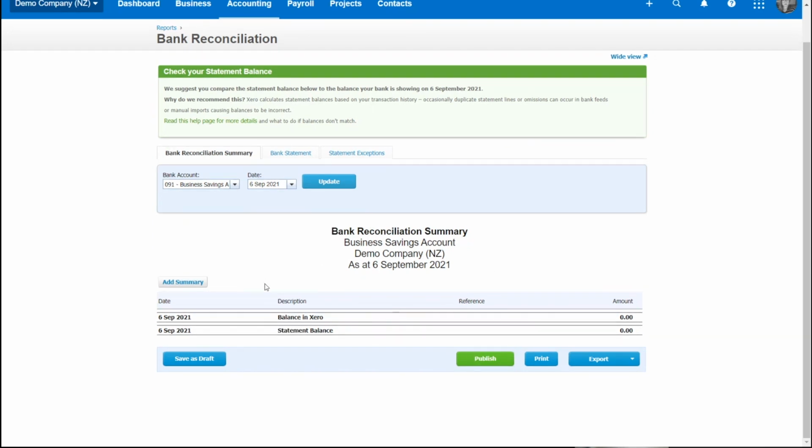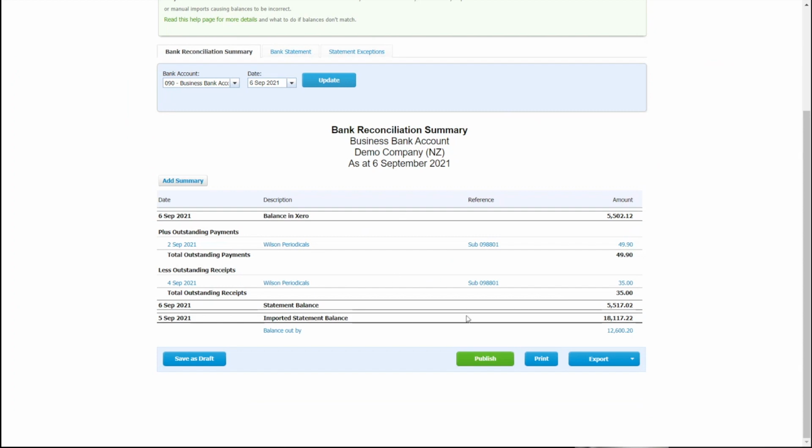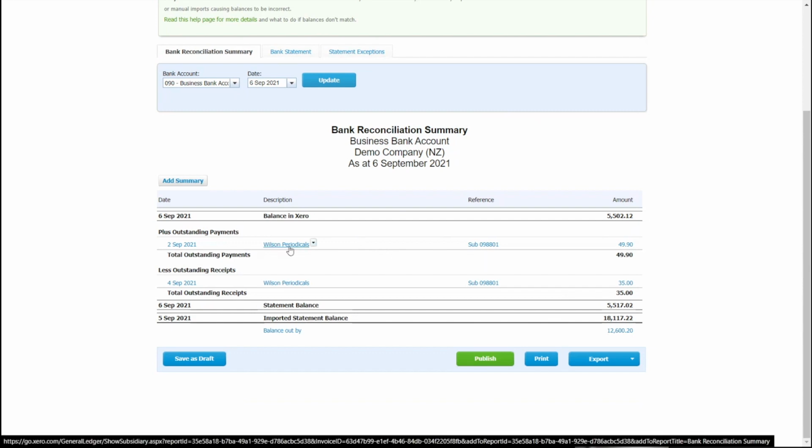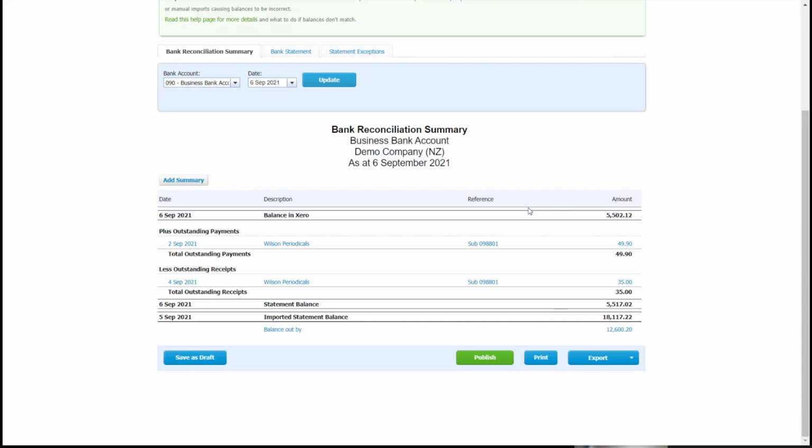But if you've got a really good reconciliation report, everything matches, you don't have any issues, what you have for balance in Xero should match your statement balance. Unfortunately, in my demo company, it's nil, but that's what it is. If you've reconciled everything and it doesn't look right, this is a great example of something not looking right. You've got outstanding payments, receipts, you've got a balance out by. That's a time to get in touch with us so that we can see what's gone wrong. So assuming that that actually did reconcile,